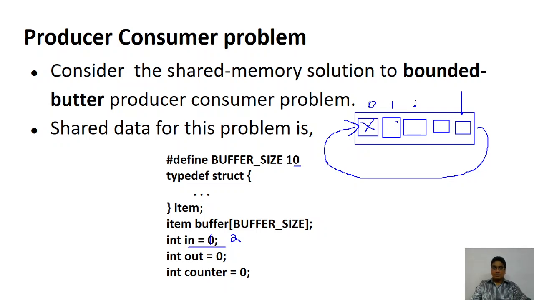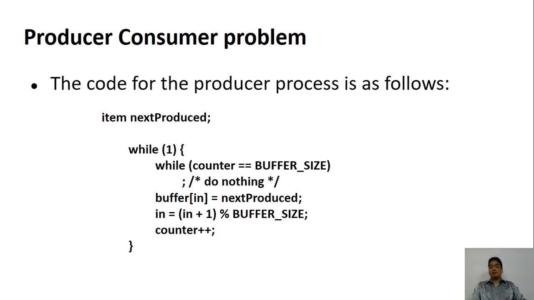The in pointer will keep on increasing, and when it reaches the last one, it retraces back from 0. The same thing is true even for the out. The out will keep on consuming the items, and once it reaches the end, the last one, it again retraces its path back to the starting one. So it is a circular queue. You must understand that. The counter, you know very well, is the value. When the first item is added, the counter will be 1, and if it is removed, it becomes 0. If 10 items are added, the counter value will become 10. It is as simple as that, so we don't have any issues with them.